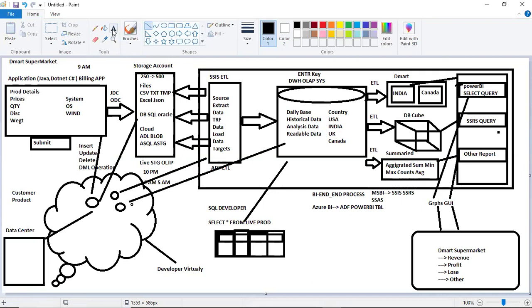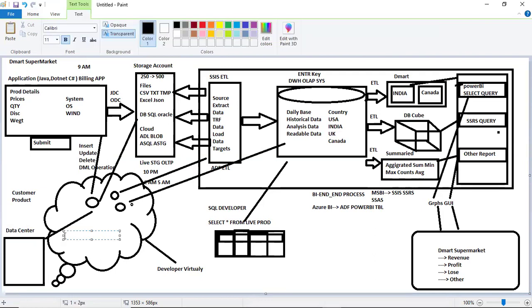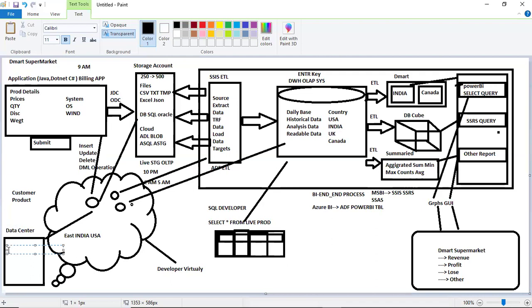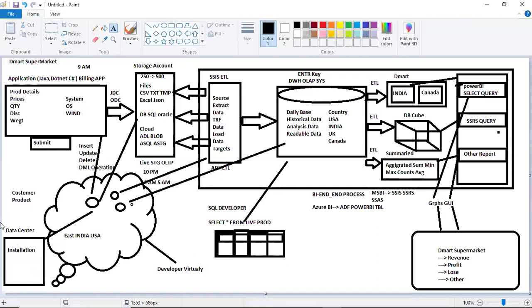That data center you can also decide: East US, India, or another country, you can select here. As a developer, we are just filling out a form to purchase these storages, and that will be maintained under the data center. The installation will be done for you, but you are acting virtually. Physically, somebody is working on your behalf. There is a Microsoft team.